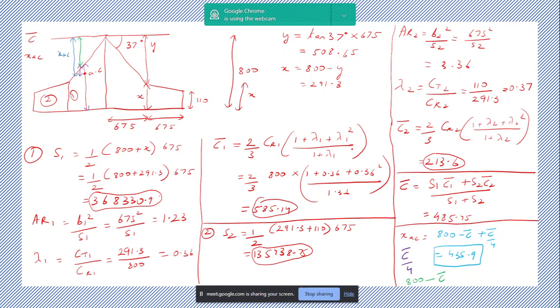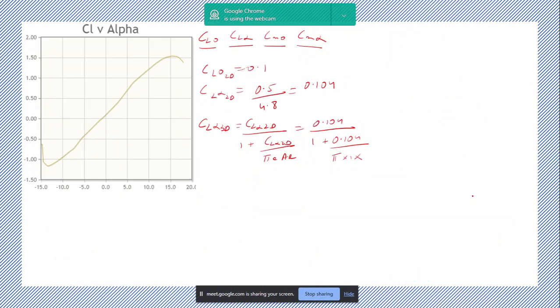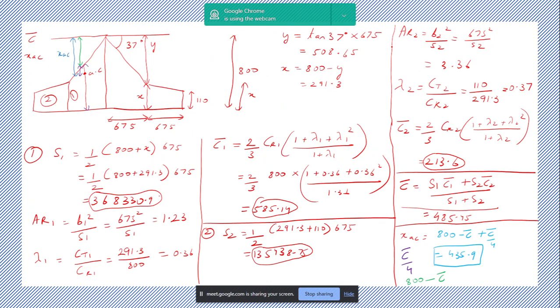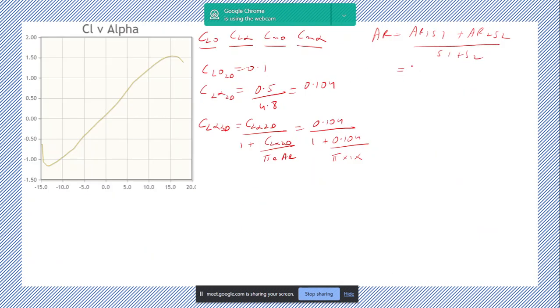Okay, so you can use a similar weighted averaging technique for aspect ratio. So what we can do is that aspect ratio is AR1 S1 plus AR2 S2 by S1 plus S2. For any such term of a combined figure, you can use this weighted averaging technique. Okay, so let's just substitute these values and find out. AR1 was 1.23,